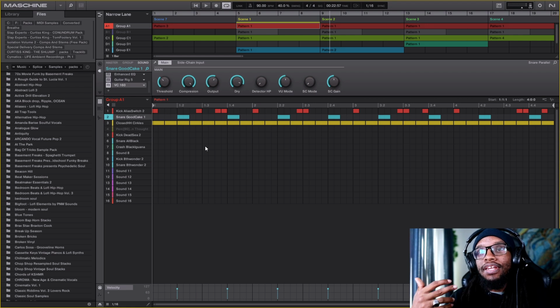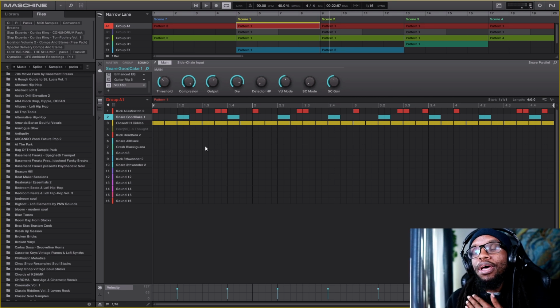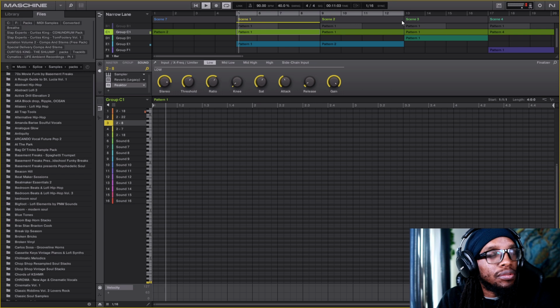If you have natural good rhythms with your hands, Maschine may be a better pick for you when it comes to the learning curve, because you can feel your way out to what's going to be better.